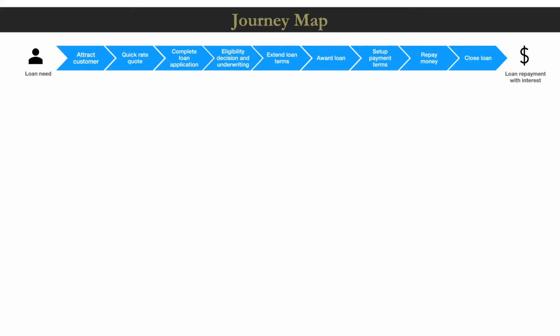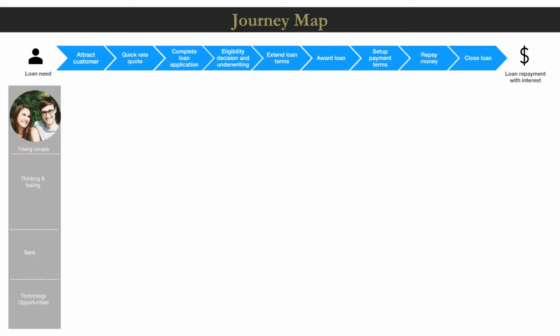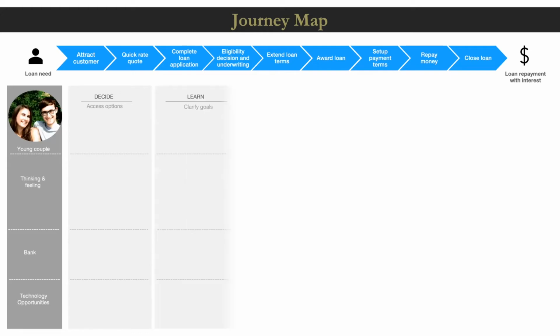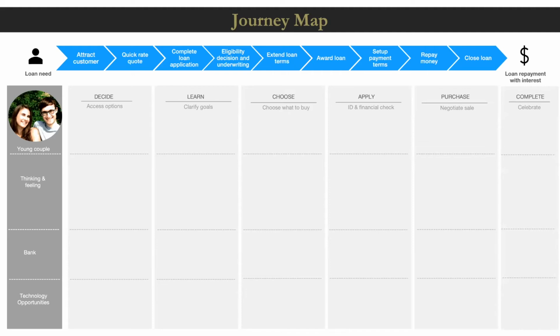Now, as we have identified this value stream, let's delve a little bit deeper and see if we can experience their journey as they go through the various stages of deciding which kind of options are available to them, learning, clarifying their goals, choosing what to buy, applying for information, purchasing, and finally completing. By documenting these individual stages and making use of the thinking and feeling portion from the empathy map,